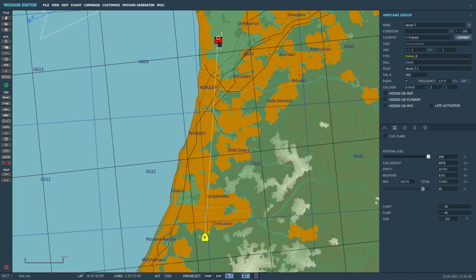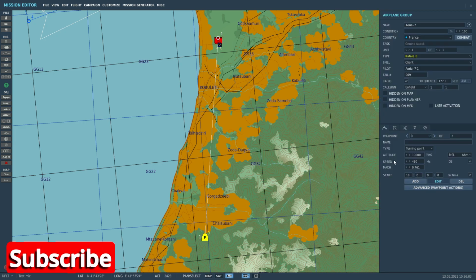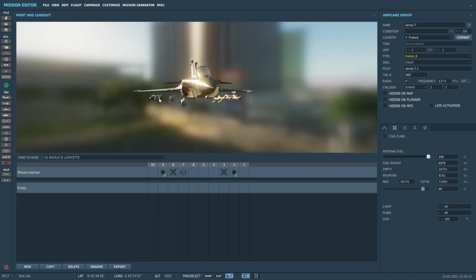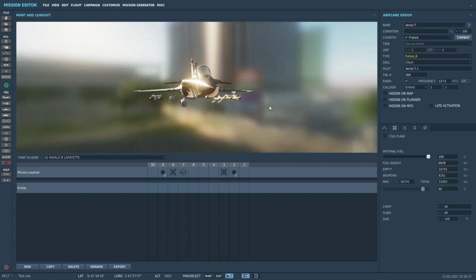Okay, so now laser guided weapons. As you can see, I have a Rafale here. It's at 10,000 feet, and we are heading for the disused airfield, which I use as a bombing range for target practice. And on the pylons we have, on the two outer pylons here, we have the Armament Air Sol